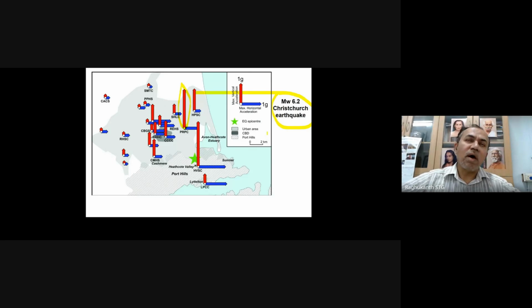So if you see all these things, international codes' design values are very high compared to the IS code. If you want to do performance-based design, it is difficult with the IS code. And the ground motions that recent earthquakes are generating are extremely higher than what has been prescribed in the IS code.